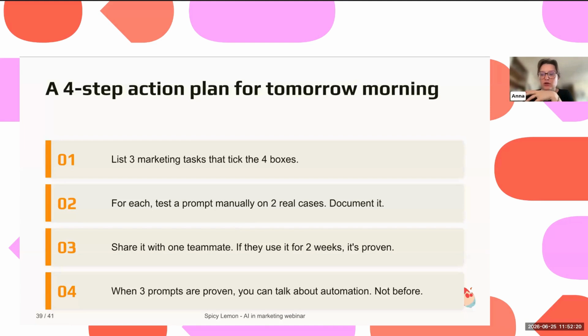If you had to start tomorrow, what I really want you to remember is: first, list the three marketing tasks that take you the most time today, that are recurrent and that you really don't like doing. For each of those, find good examples of assets you have created and start doing reverse prompting out of this. Give context to the LLM, ask it to ask you as many questions as possible, discuss together, and out of this generate a whole prompt and documentation. Then try to use it together with someone to generate something. And when it works, you can talk about automation and integration, but not before.